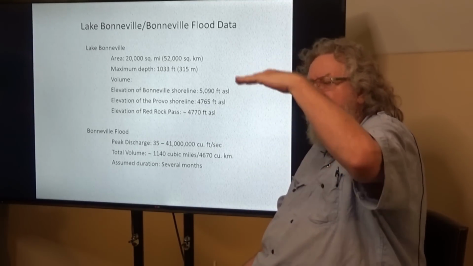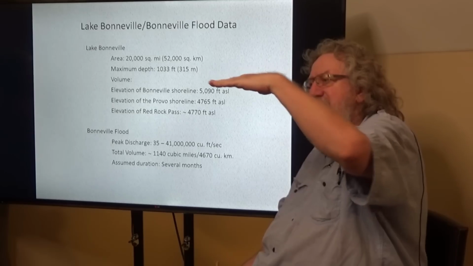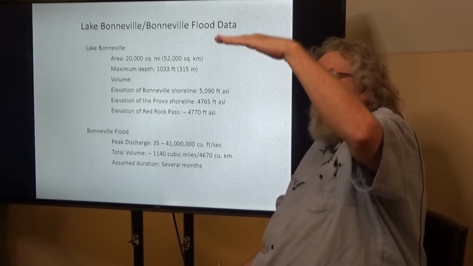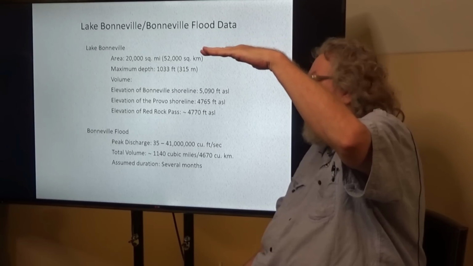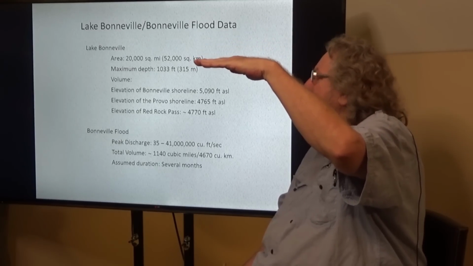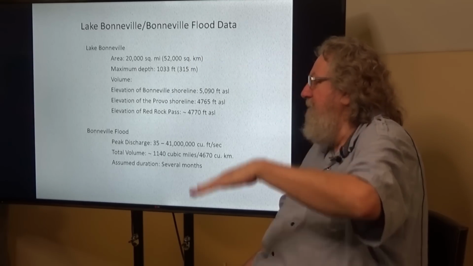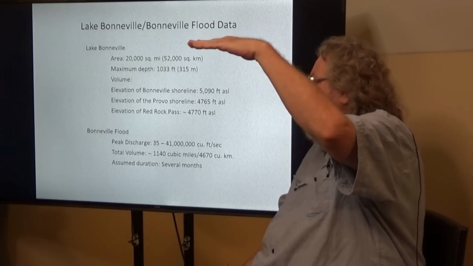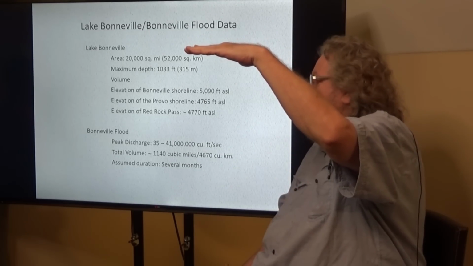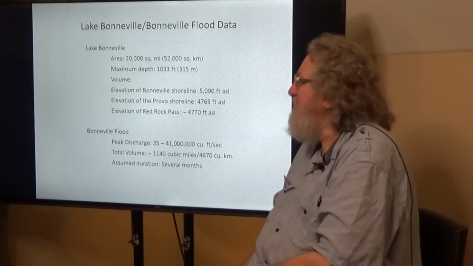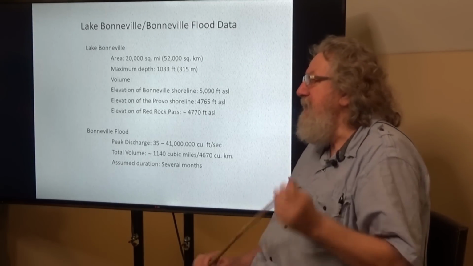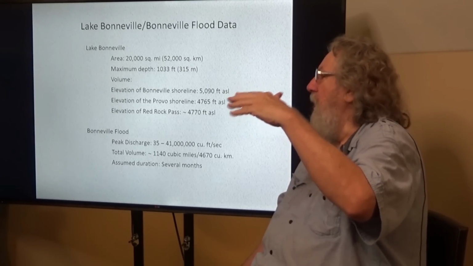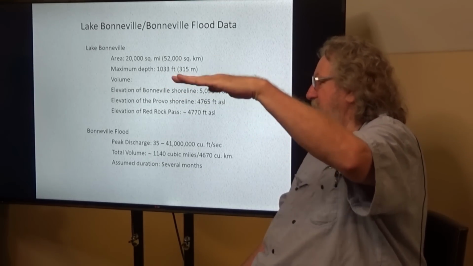The sill stabilized the lake at that level for some indeterminate time, but the sill was composed of highly porous tufaceous rock, tufa, which is a volcanic rock, laid up over hard limestone bedrock. So the idea now is that the Great Bonneville flood was caused because the water overtopped this softer rock